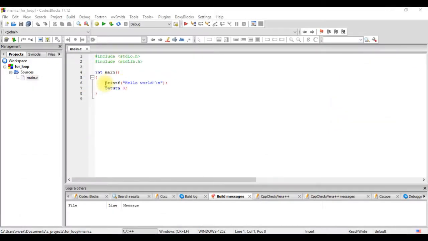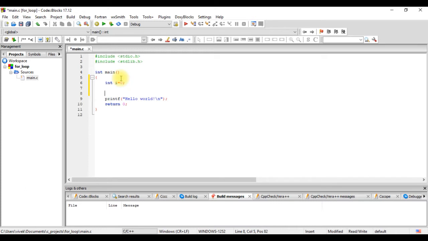So I have a program file opened here, and the first thing we'll try is to print a statement 10 times. We saw in the example that it needs an initial variable, or what we call the index variable. So let's declare a variable. We'll call it int I equals 0. It does not matter what we give here, but it's good practice to initialize variables with some known values.